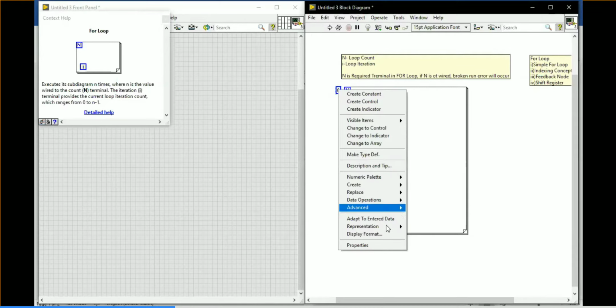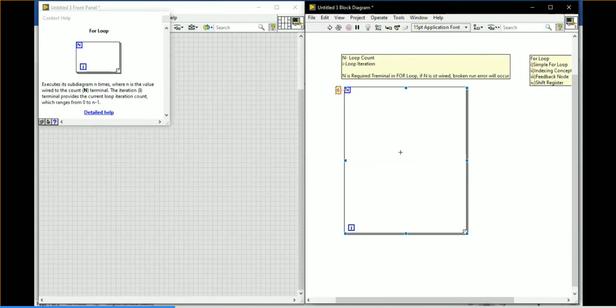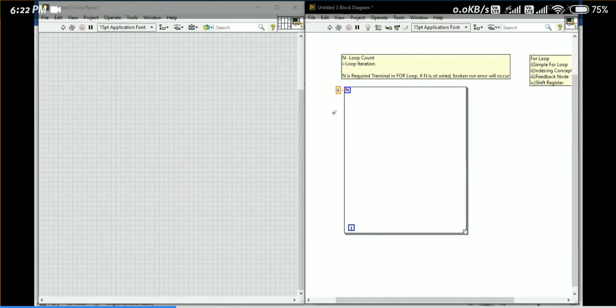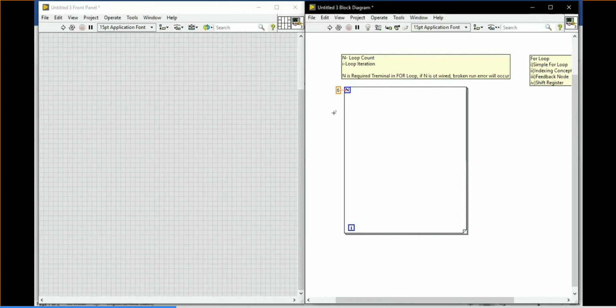See here, in representation, I'm giving DBL floating point also, it will accept, but a question dot will occur over there. Some people may, by mistake, enter 6.5 over there. At that time, what will happen? The loop will never run for a floating point. 6.5 times the loop will not run. That's why they're specifically going with an integer value, and that integer representation will be I32. So these are some basic information about the for loop.